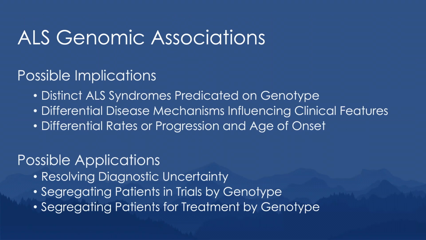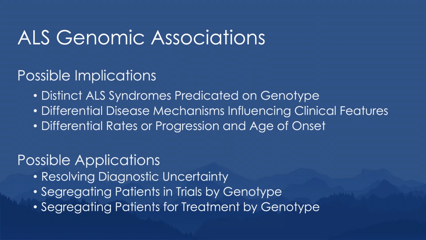So I just want to summarize here by walking through, again, what we have learned, which is to say specifically that there's a great deal of information available in the empirical literature that we've aggregated, annotated, and analyzed here for ALS across multiple different genes. And we've found a number of putative genomic associations that have bearing on clinical presentation and quite likely, especially with emerging genomic therapies, on how we're going to better treat these ALS patients.